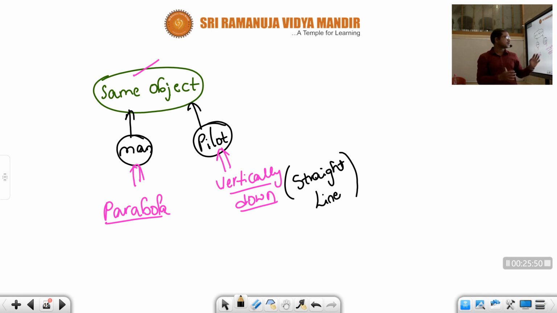Even if the view changes, the path will change. See, children, the view changed here. Here one point of view is what? With the man. When the man is watching, it appeared a parabola. Same object, the object is not changing. Same object in its motion, in its own way. For one person, it appeared a parabola. For the other person, that pilot, how did it appear? A straight line. So that is the reason the path is relative. That is the reason we say, children, the path is relative, not absolute. When we say absolute, it means for every person in this universe it should appear in the same path, the same shape.